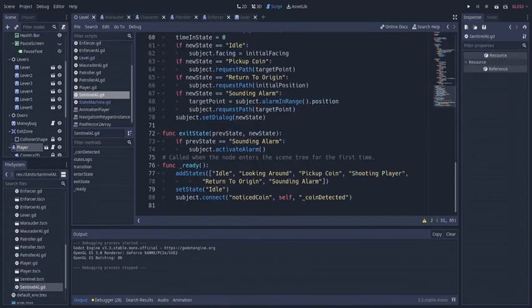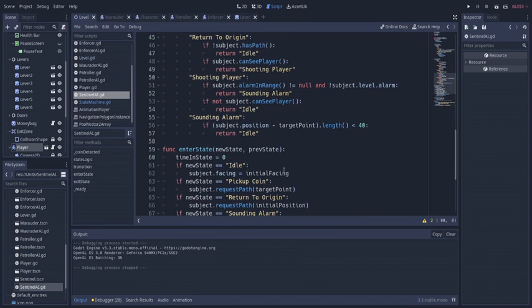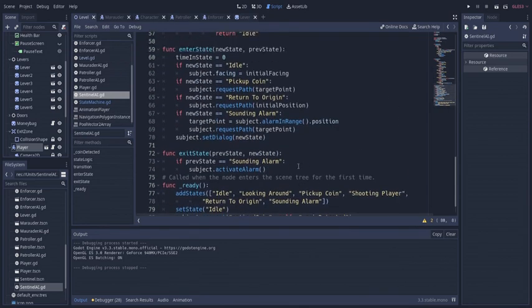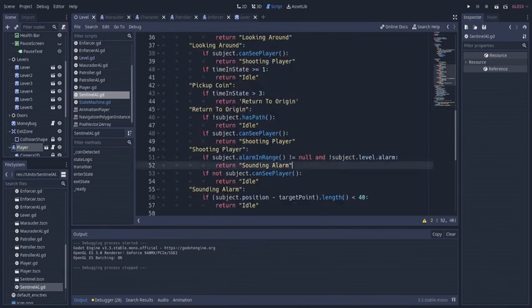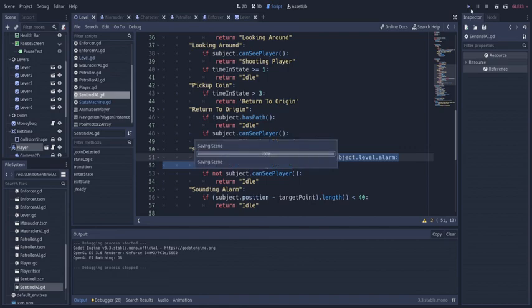A couple things to get this to actually work. We told the state machine to connect to the subject signal of noticing a coin, to activate sound alarm. To make sound alarm work, we increased the distance away from the alarm that they have to be for it to successfully sound, and we also made it so that instead of shooting, if they're close enough to an alarm, they'll try to sound it. If we test it out,